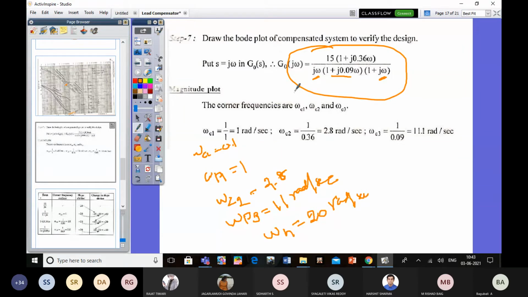Tell me what the slope is now. One pole lying in the horizon first can contribute minus 20 dB. Next, which one will come? Pole or zero? Pole, sir. Again it should be minus 40 dB. Next, it may come for a zero. So again the change in the slope will be minus 20. Next, what may happen? Again one more pole. That means the slope can contribute minus 20. Minus 20, minus 20, minus 40.